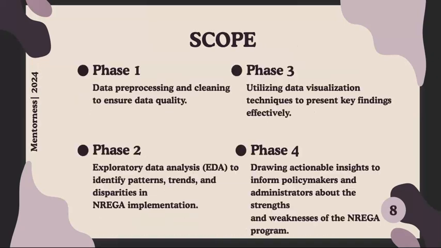In scope, in phase 1, we're going to do pre-processing and cleaning of data to ensure data quality. In phase 2, we're going to do exploratory data analysis to identify the patterns, trends, and disparities in the Nrega implementation. In phase 3, we're going to use this data and showcase it using visualization techniques to present key findings effectively. In phase 4, we're going to draw actionable insights to inform policymakers and administrators about the strengths and weaknesses